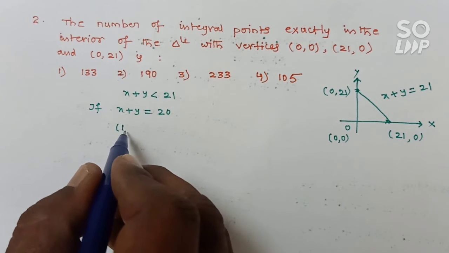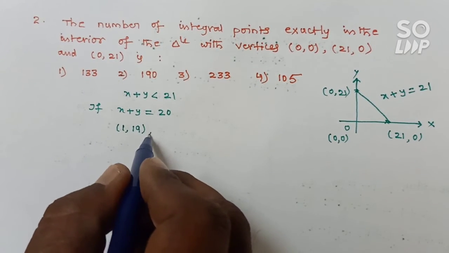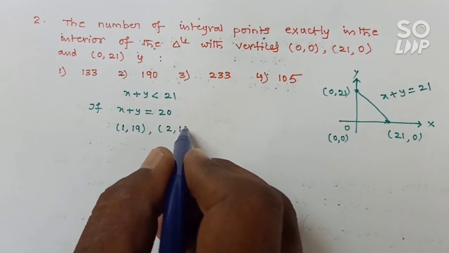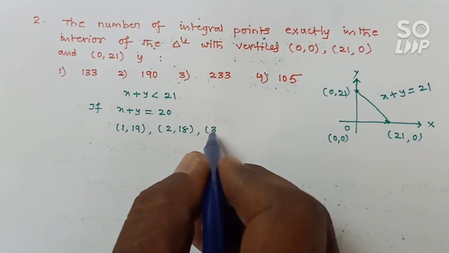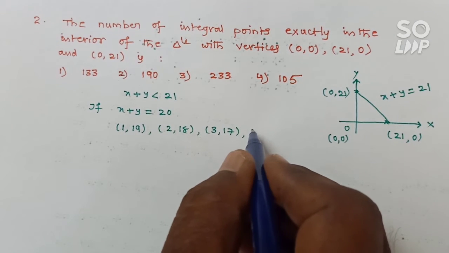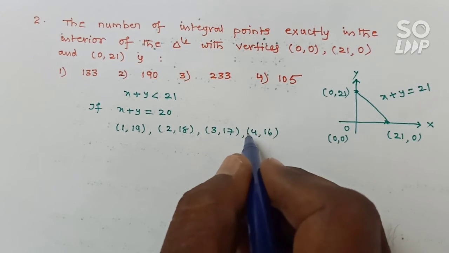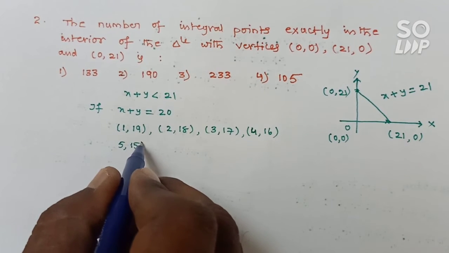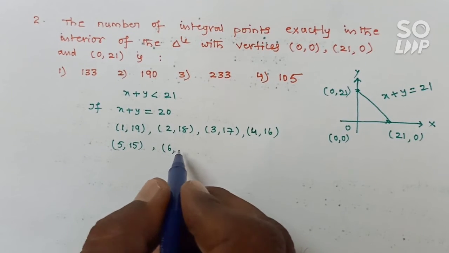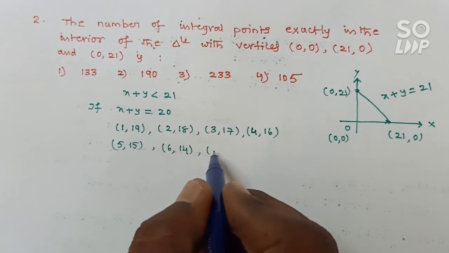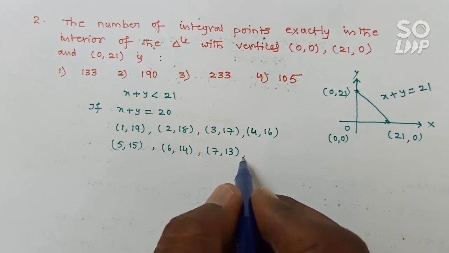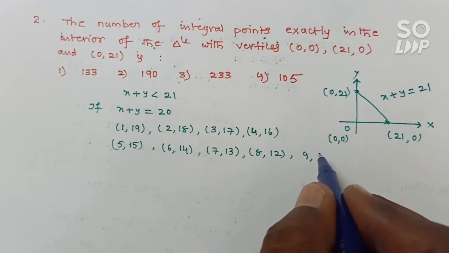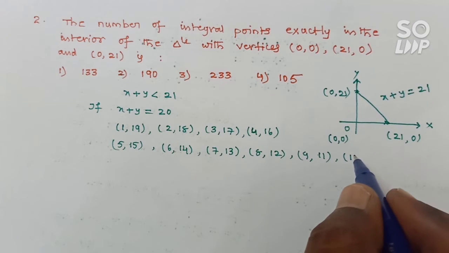So you have to consider (1, 19), (2, 18), (3, 17), (4, 16), (5, 15), (6, 14), (7, 13), (8, 12), (9, 11), (10, 10),